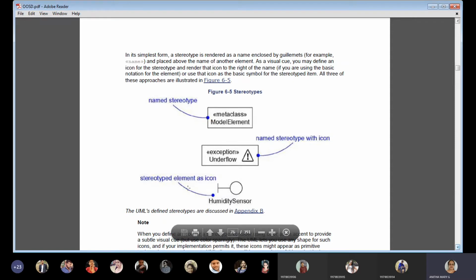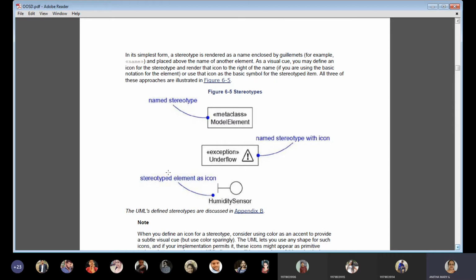And stereotyped element as icon: if you take only a circle, it is an interface, but a circle preceded with 2 vertical and horizontal lines connected to that circle is the symbol for stereotyped element as an icon. So these are the 3 different ways of representing stereotypes graphically and also the contents in them.